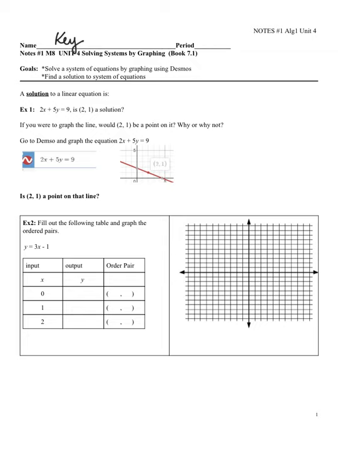So let's go back for a second. We've seen lines in the past, and a solution to a linear equation is an ordered pair that makes the equation true. If I want to do it algebraically,